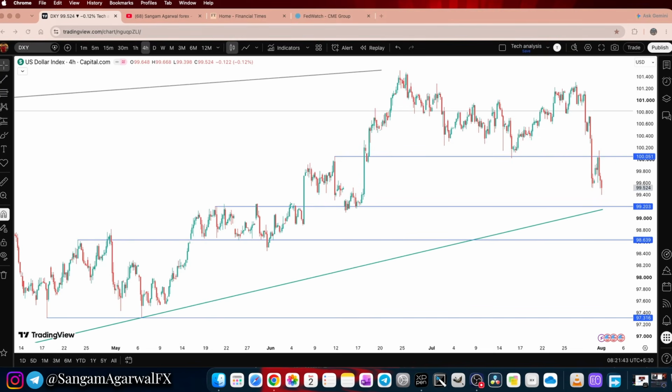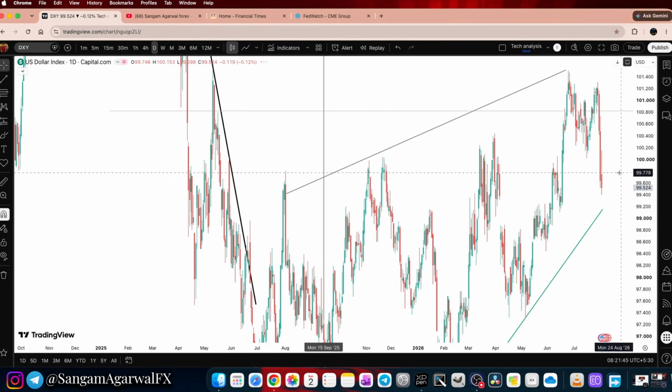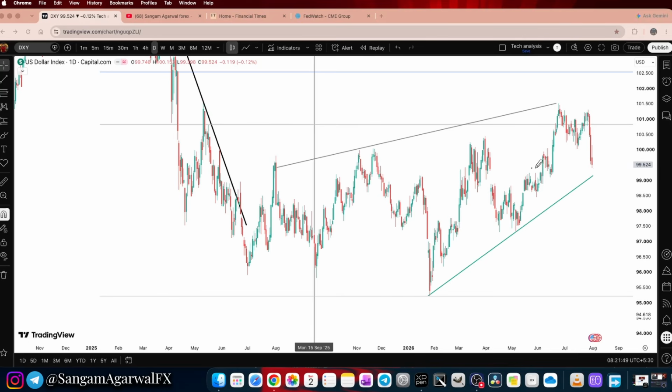99.203. For more clarity, if you go on daily time frame, first of all you have intraday support here, but daily time frame you have this trend line. Only tested 2 times. If it fall more below 99, then first you have trend line on daily time frame. Second, you have support on H4 time frame. Third, if price fall more, then you have 5 impulsive wave structure, where market currently trading in 5th impulsive wave,